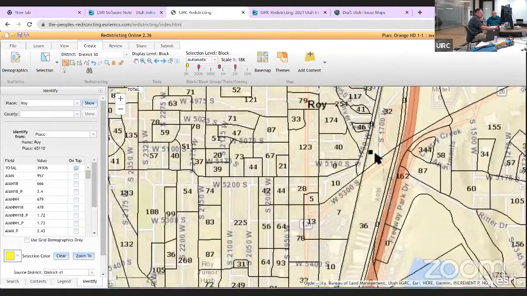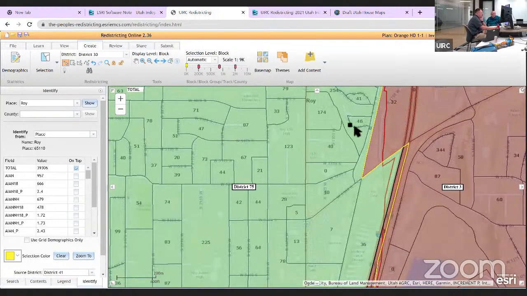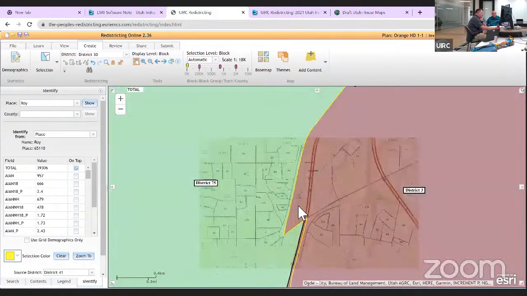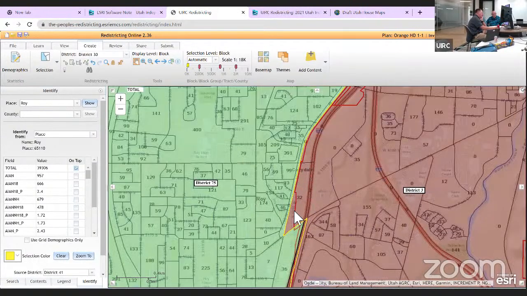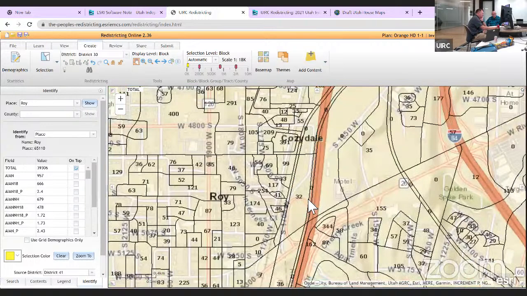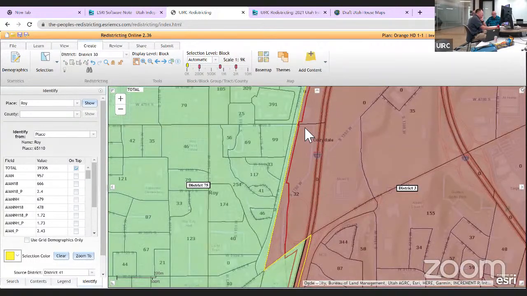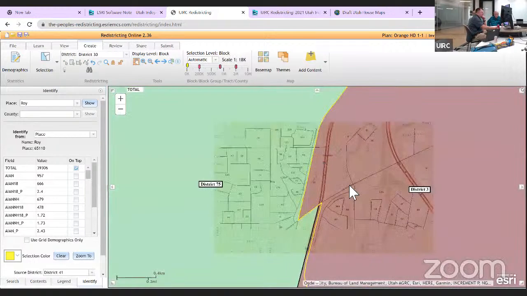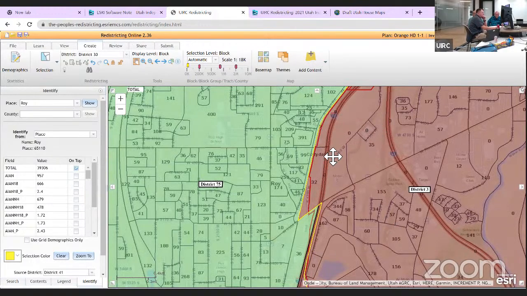30, yep. Right there. No, this is the city limits of Roy. Well, again, it's the census telling us that's where it ends, but the red line is where it ends. So this 32. I mean, you've got people living in here just outside the city limit and a couple buildings there. My guess is that these 32 really belong over here. I mean, if that's the city limit between Roy and its neighbor,